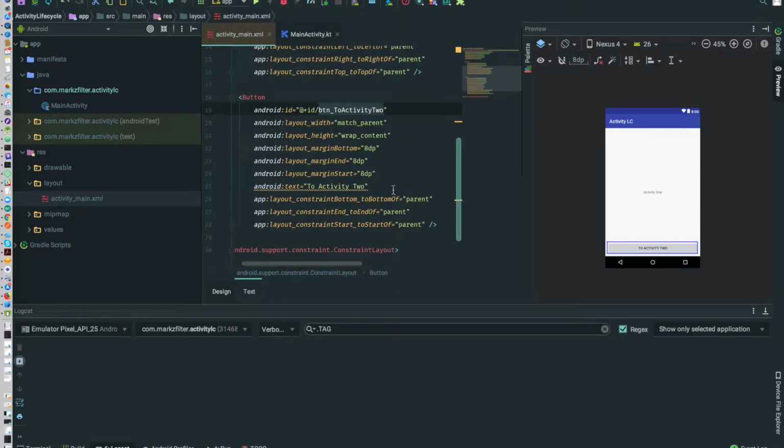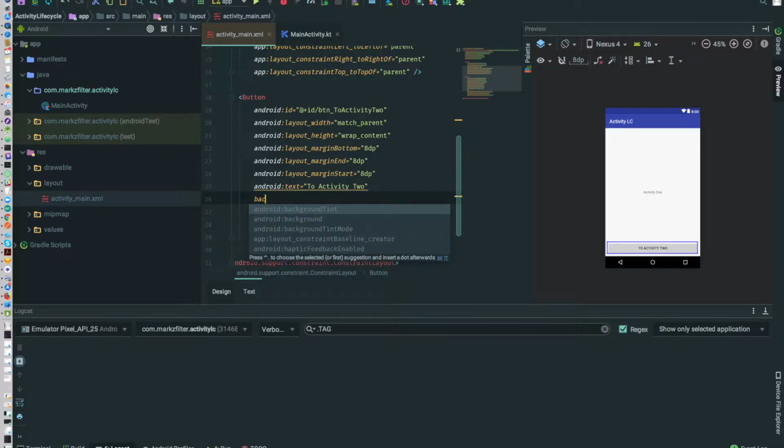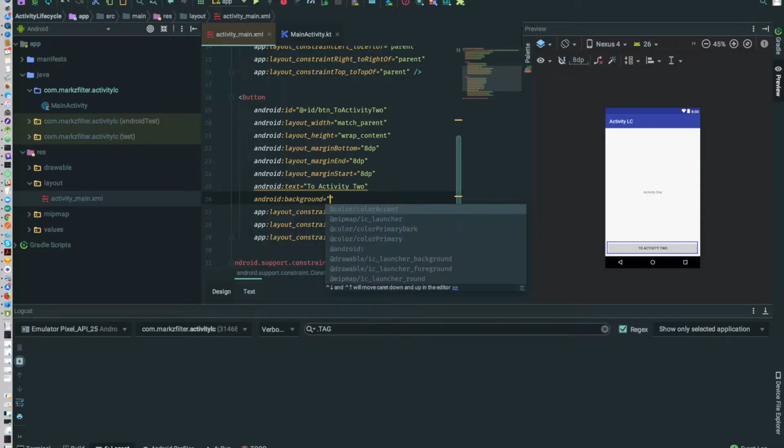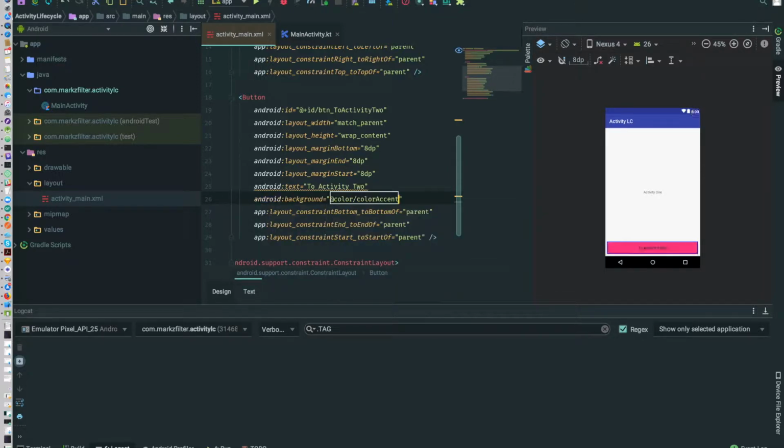And one of the things that I definitely want to mention here is if we wanted to change the color of our button, it's really important that we do it the right way. So before we start messing with code or anything, I want to show this. If we do background, we have two options here, background tint and background color. So let's take a look at background color. If we do accent, everything looks pretty. If we do background tint,